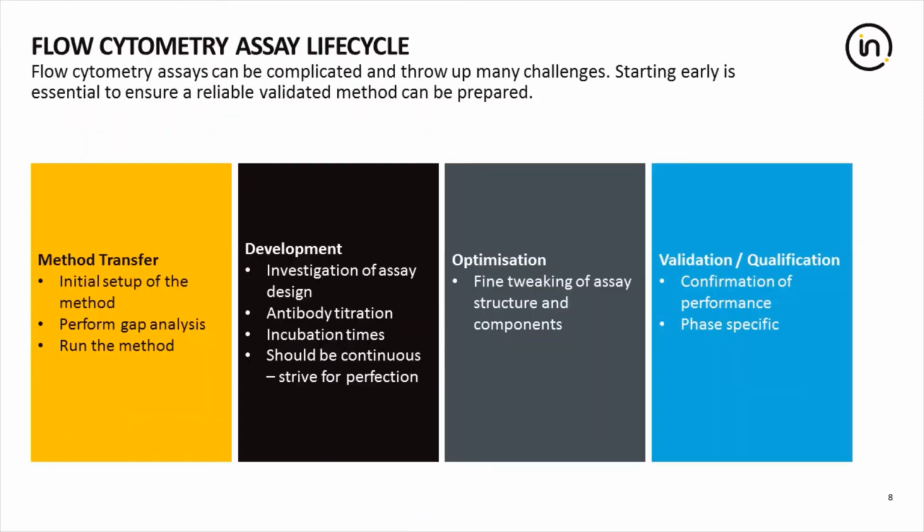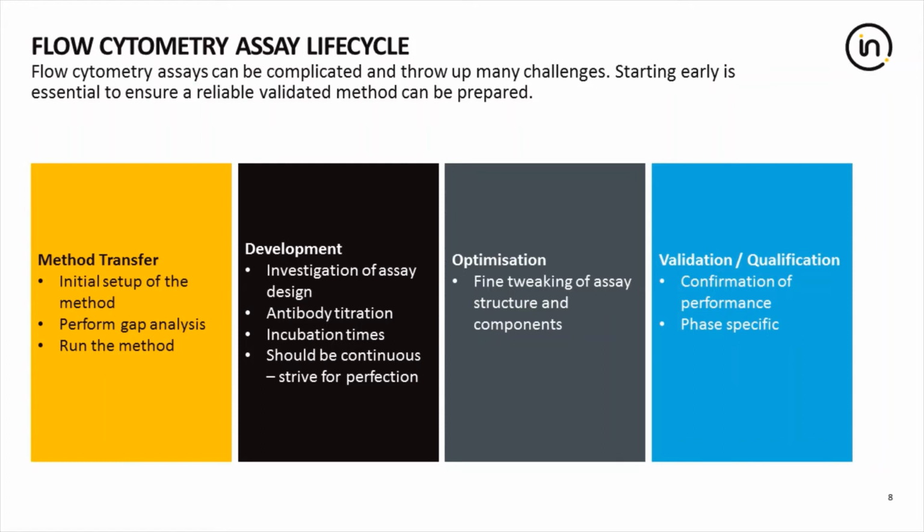In general, the life cycle of a regulatory flow cytometry assay begins with a method transfer from another site. In some cases, a technical transfer from another GMP facility may be possible. However, this is often not the case. During this stage, you should assess the differences between the two sites and determine if it is feasible to follow the same approach. In many cases, the differences in instrumentation will mean that it will be better to develop the